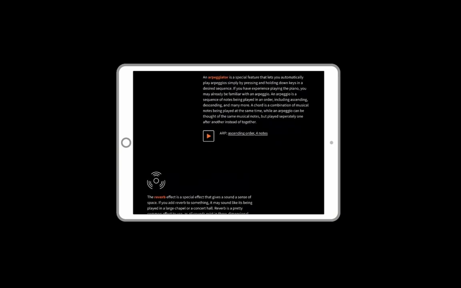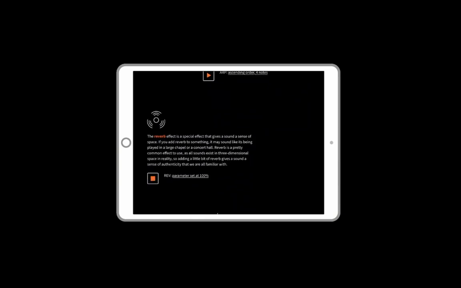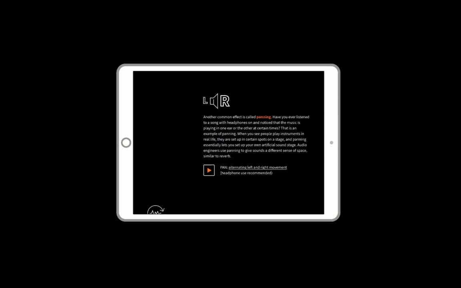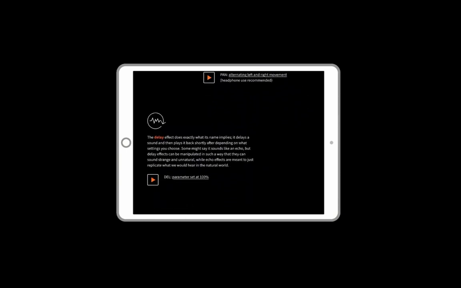Arpeggios, for those familiar with piano, reverb, three-dimensional reverberation, panning, and delay.